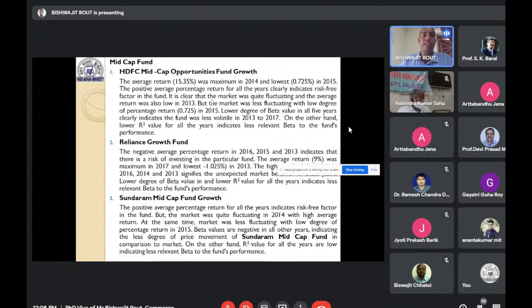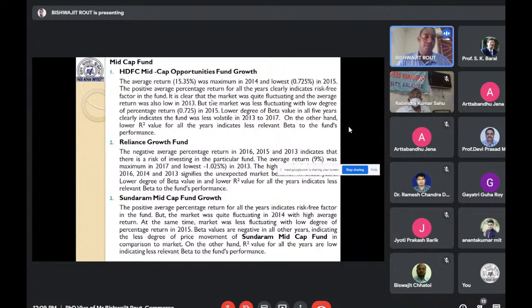So it is clear that the market was quite fluctuating, and the average return was also low in 2013. But the market was less fluctuating with the low degree of percentage return, 0.725, in 2015. Lower degree of beta value in all 5 years clearly indicates the fund was less volatile in 2013 to 2017. On the other hand, the lower R-squared value for all the years indicates less relevant beta